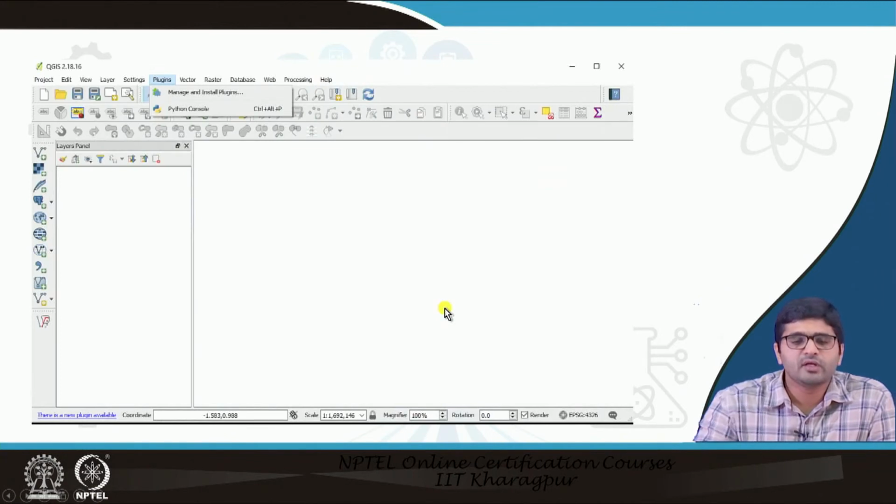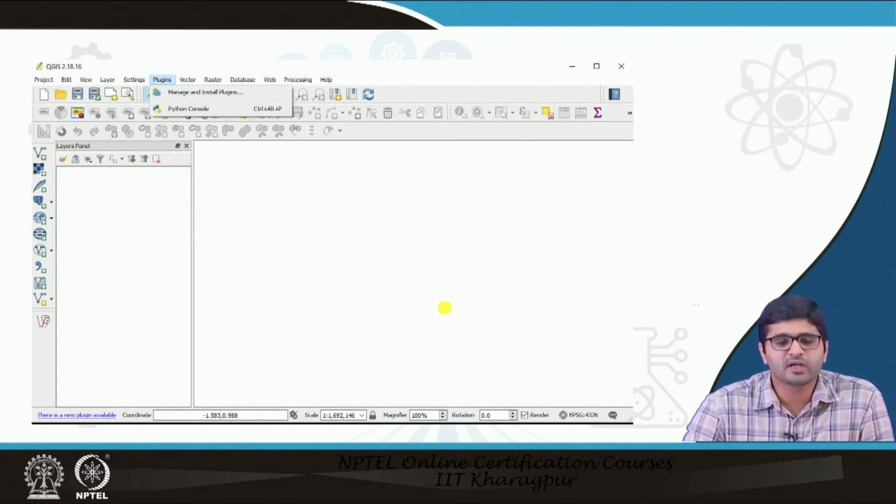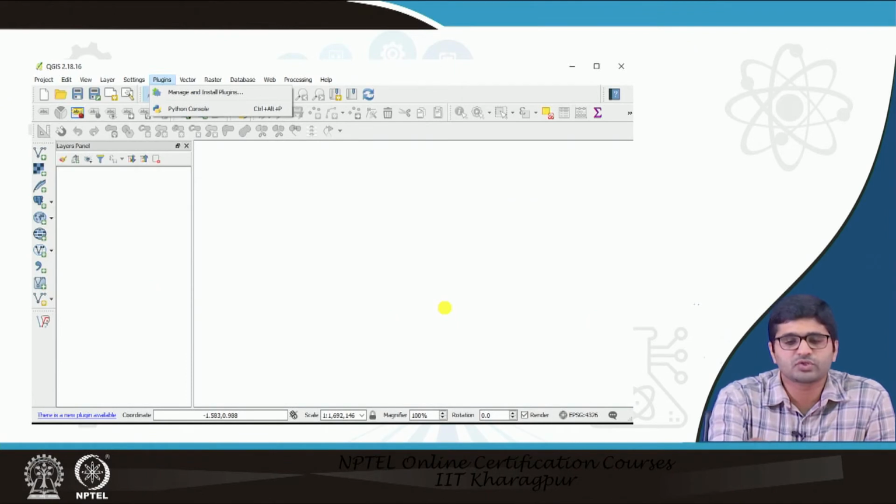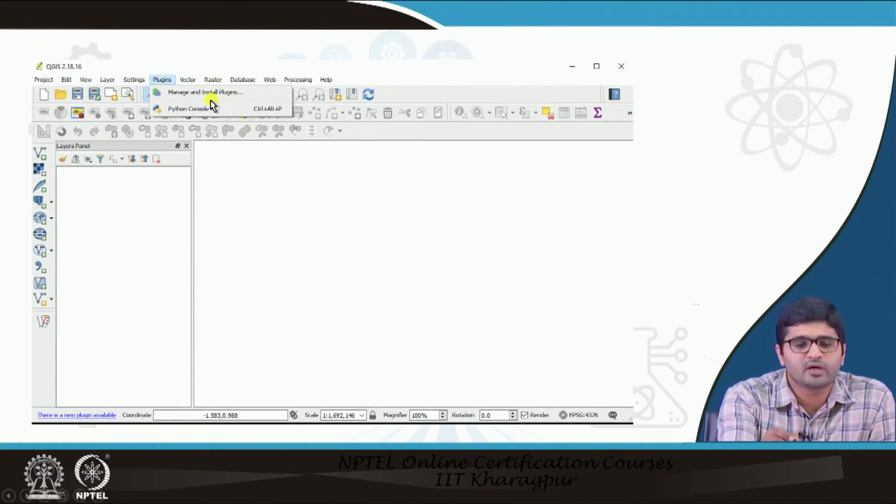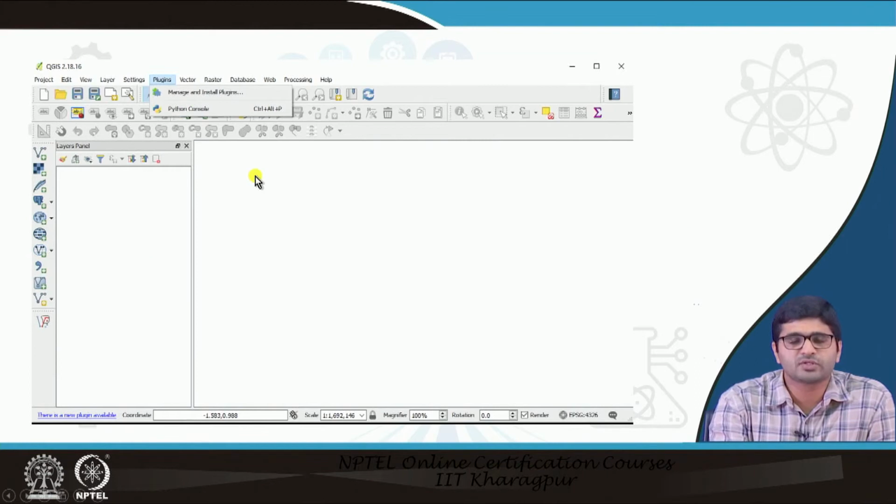And as I mentioned earlier, multiple plugins are available online to download for QGIS. To use this particular button, you need to have an internet connection, and you just need to press on Manage and Install Plugins. So a window will appear to download the plugins. You just have to type the name of the plugin. So if you type that, the plugin will get installed. Or if you want to customize any tools using Python, the Python console is also available under the Plugins button.